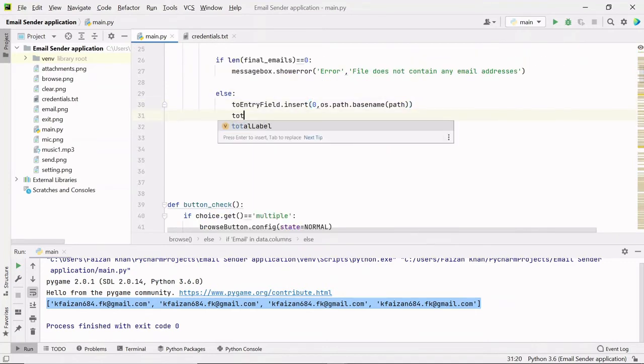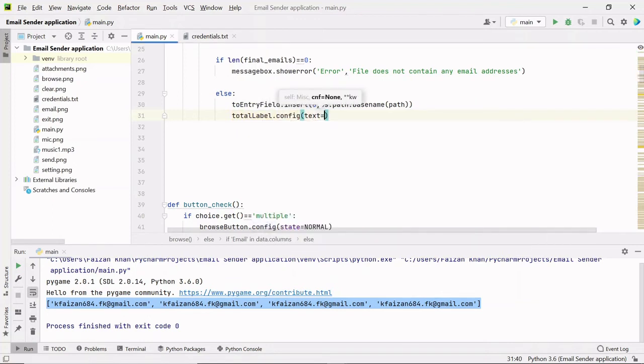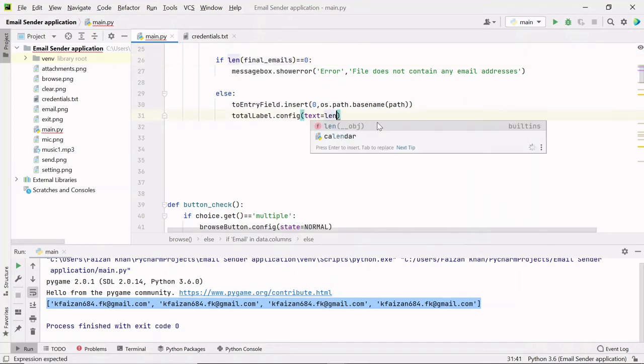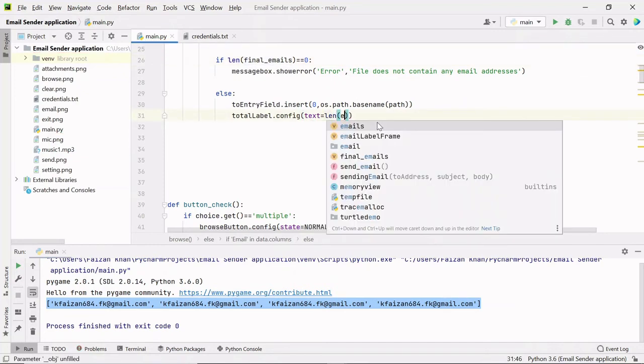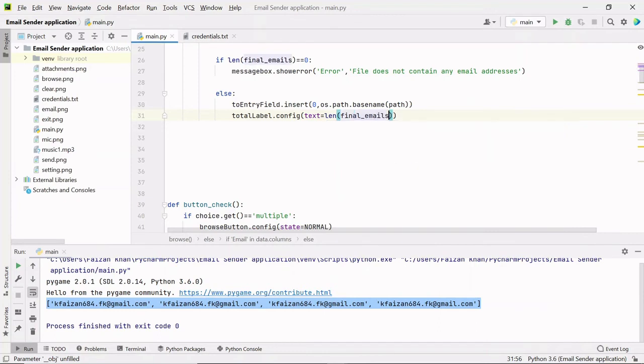So I'll use that total label object variable and I'll simply update the text. So I'll write text equals, so the text will be nothing but the number of email addresses inside this list, right? So I will simply calculate the length of final emails. As you can see, there are 4 email addresses, 1, 2, 3 and 4, so you will see total equals 4, right?